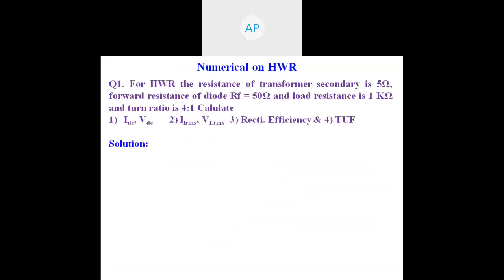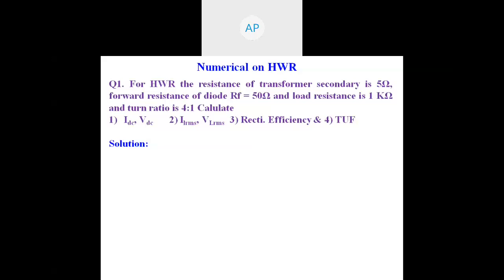You have to try it yourself. For a half-wave rectifier, the resistance of the transformer secondary is 5 ohm, the forward resistance RF is 50 ohm, the load resistance is 1 kilo ohm, and the turn ratio is 4 is to 1. Now we want to calculate the average voltage and average current, RMS voltage and RMS current, rectification efficiency, and